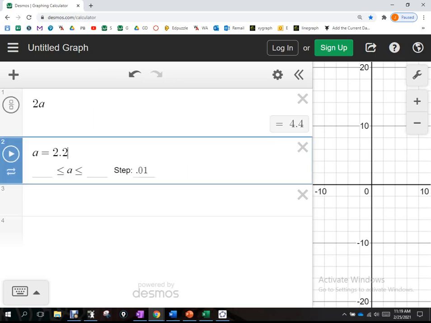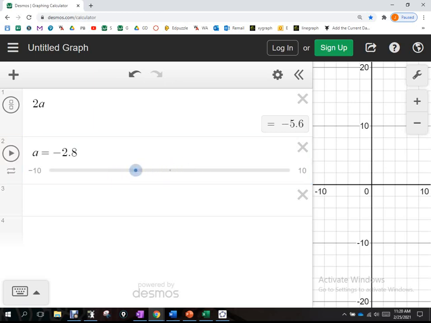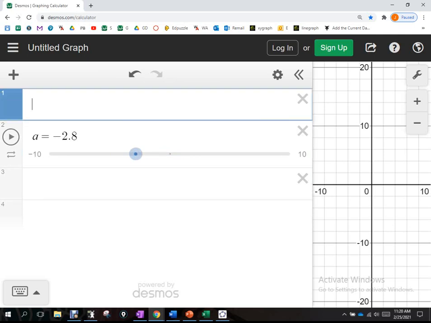I don't know why it gives me that step. When I say step here, it should change this from 2.0 to 2.21, 2.22. For whatever reason, it's not doing that. But no matter what I put in here, is this a number that I'm getting back? Yeah, okay. If I were to graph it,